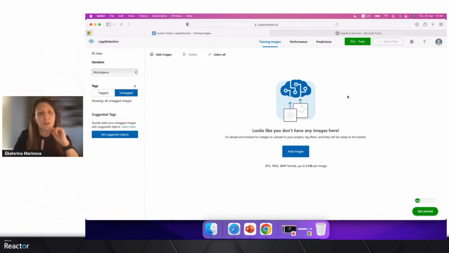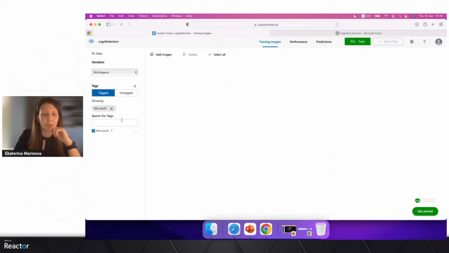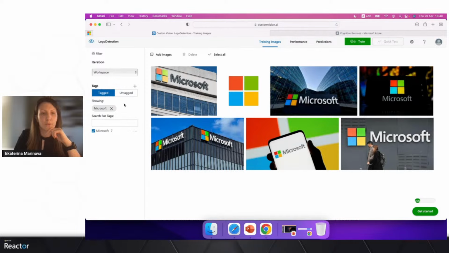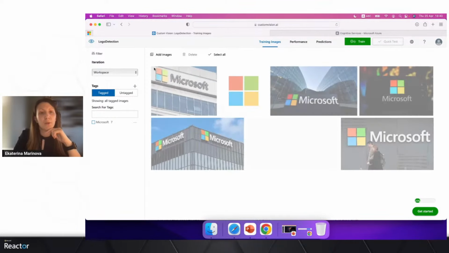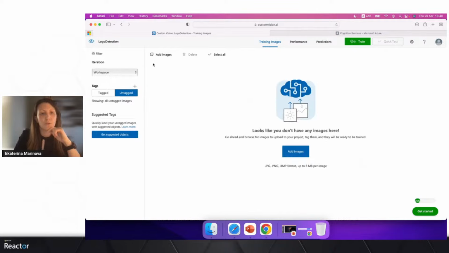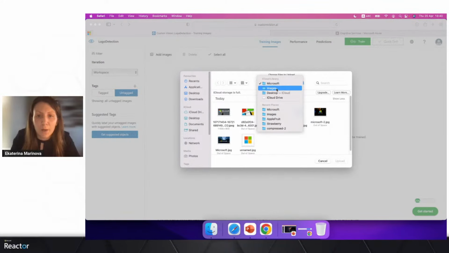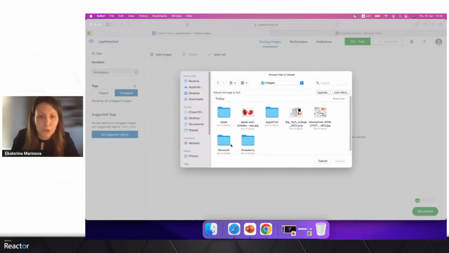Okay, you can see that all pictures disappeared from here. This we already know. These are under tagged. So if I click, I'll see Microsoft. Now, if you go directly adding images here, all of these will disappear. So go to untagged to add your second set of pictures, which will be Apple. Okay. So what I've done here with Apple